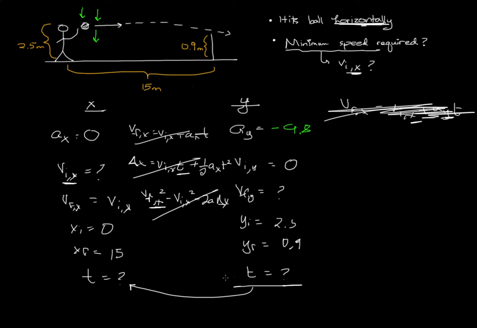So time is one of those unique variables that kind of serves as a common link between both sides. It's really not an x variable or a y variable. It's both, and that's why we put it on both sides. So whenever you're stuck like this, see if you can solve for time on the y side and then plug it into the x side, or vice versa, depending on your situation. So let's see, can we solve for time on the y side? And we can. So what should we use? We can use delta y is equal to v initial y t plus 1/2